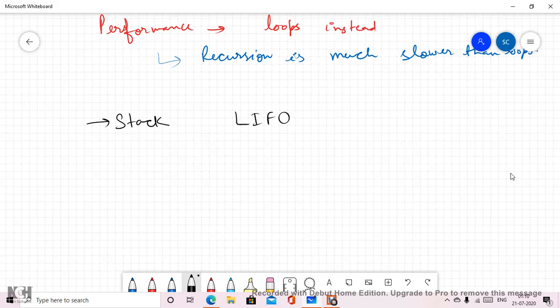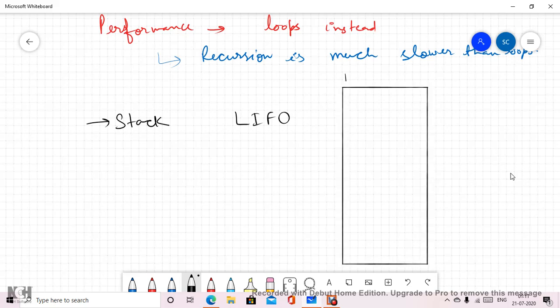Now, I would like to show what happens when we have two functions in our stack. So let's consider that this is our memory stack. This is my memory stack.